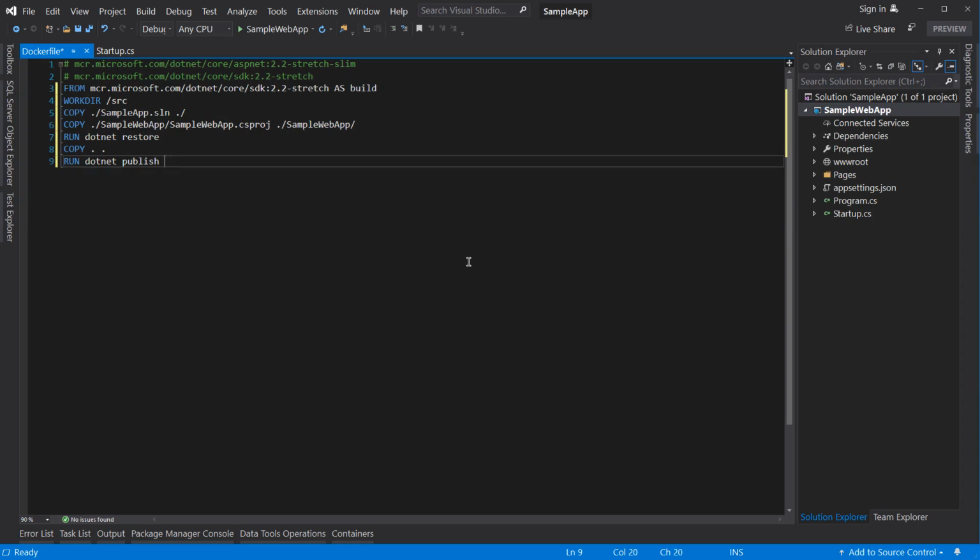So we're going to publish. Well, we're going to say /sample web app /sample web app.csproj. So that's our project file. Dash